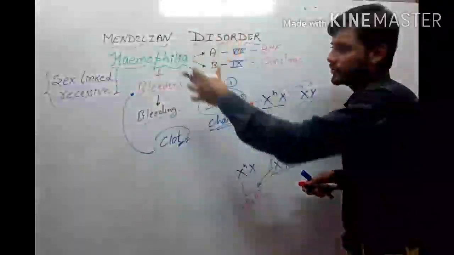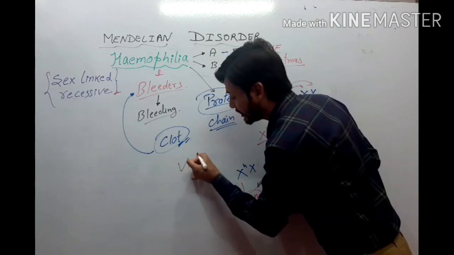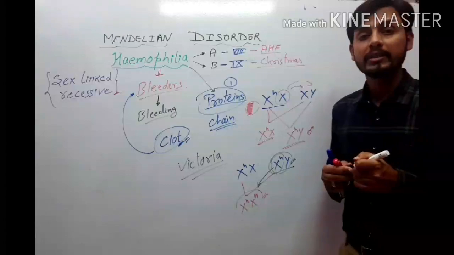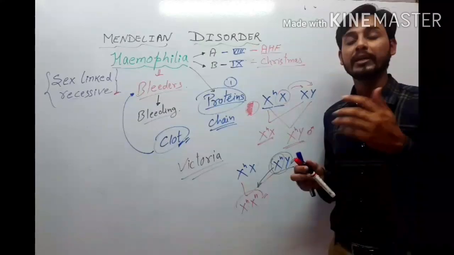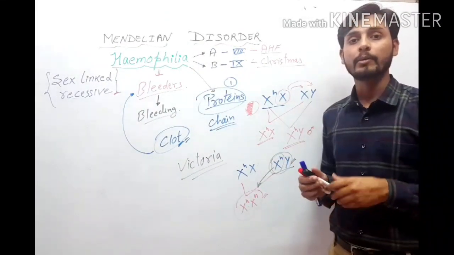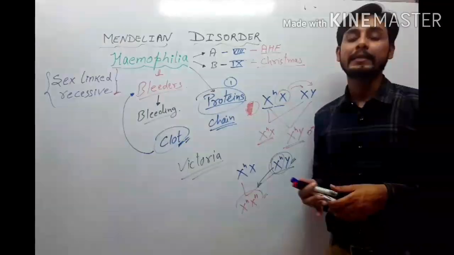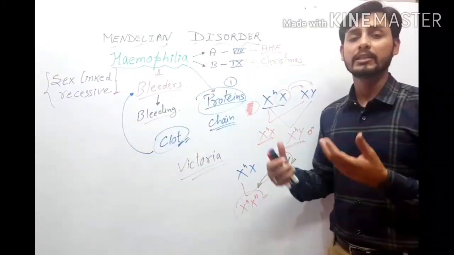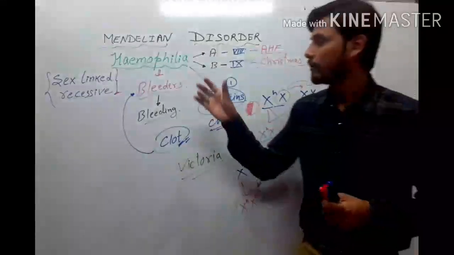So that is just a recall. Before this, let's take a look at an example: Queen Victoria. She was the carrier of this disorder, or we can say this disease, and she transferred this disease to many of her descendants. Whatever number of progeny developed generation after generation, they all suffered from this disease, and the females were the carriers. As she was the carrier, ultimately a number of the descendants suffered from this disease. So take a look at all these topics.